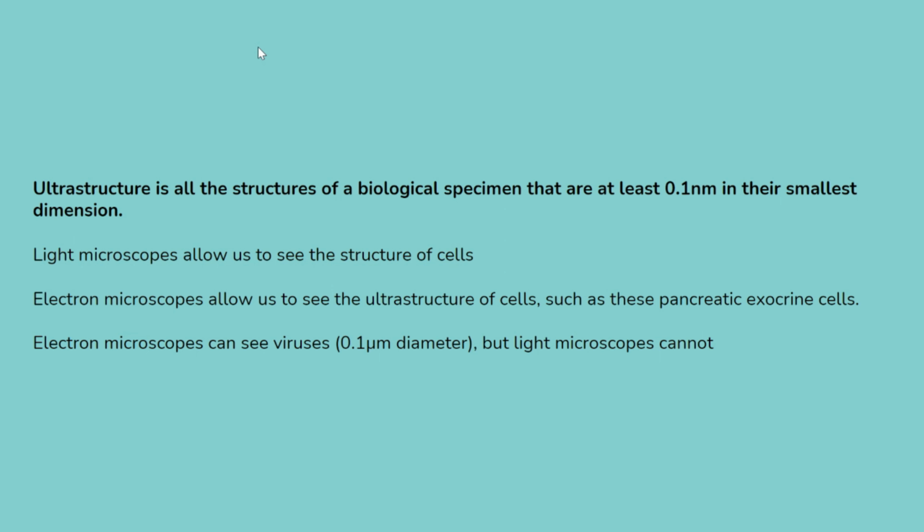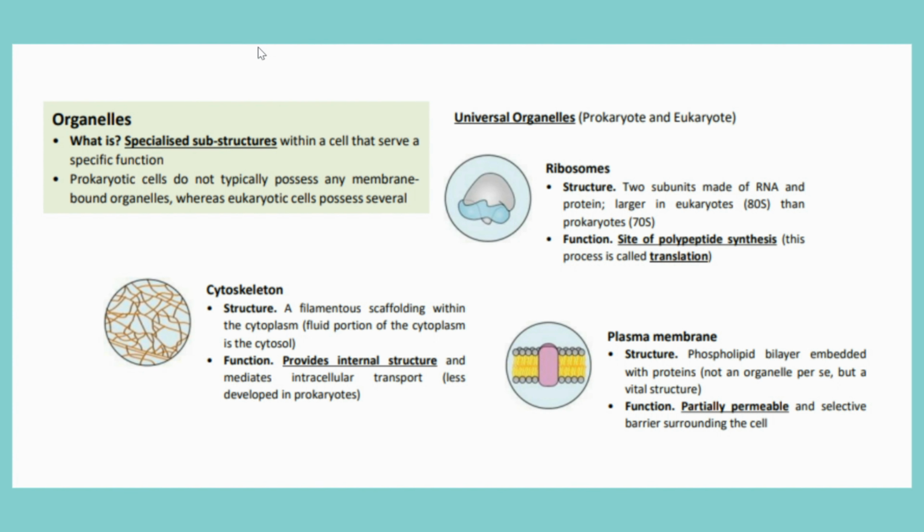There are limitations of light microscopes and electron microscopes that were discussed in part 1, so if you haven't checked that out, go and have a look. Organelles are specialized substructures within a cell that serve a specific function. Prokaryotic cells do not typically possess any membrane-bound organelles, but eukaryotic cells do. Because of this difference, the functions, survival mechanisms, and reproductive mechanisms of prokaryotic and eukaryotic